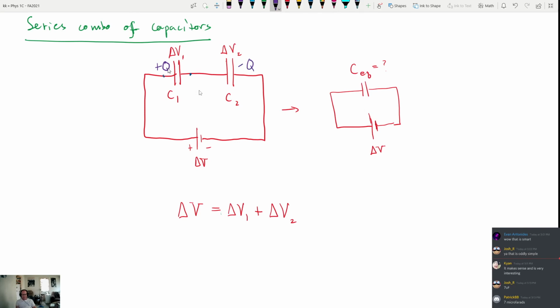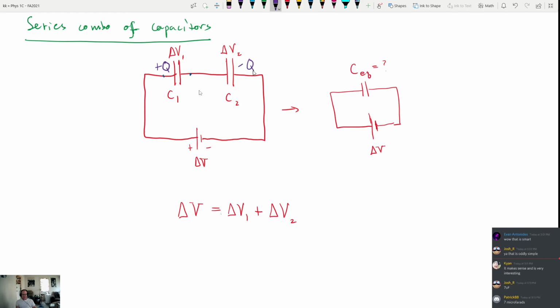And I tell you that probably these charges have to be equal to each other. Why is that? Well, if there was more charge on this plate on the left side than there was on this plate on the right side, charge would actually kind of have to flow from the bigger positive side over to the negative side, because there's this nice continuous path where that can happen along, until they balance out. What about the two plates in the middle? Well,